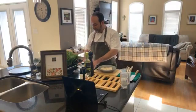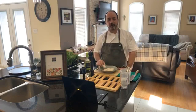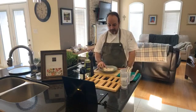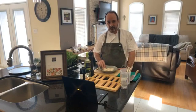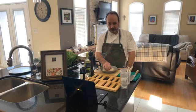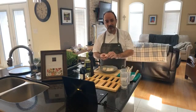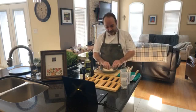Scallops. So scallops, I'm sure a lot of you are familiar with seafood. Being Good Friday, I thought it'd be good to do a fish or seafood dish. Scallops are actually a mollusk, and it's a bivalve, so it has two shells. And there's two components to the muscle itself. You're looking at an adductor, which is actually the muscle itself that you eat, and an abductor, which will remove,